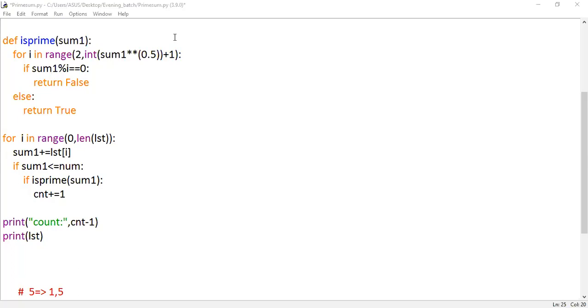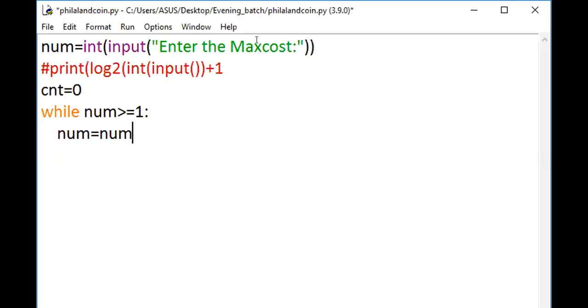I can make a while loop, not a for loop also. While the number is greater than or equal to 1, continuously divide this number by 2. So powers of 2, right? The screen is frozen. Okay, just a minute. I've made a new screen. Now is that visible? Can you see the screen?